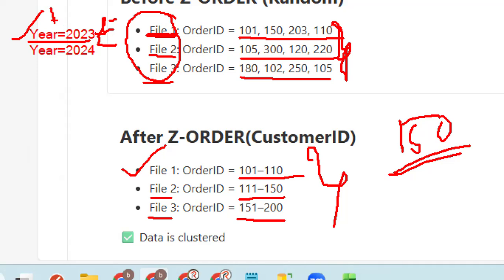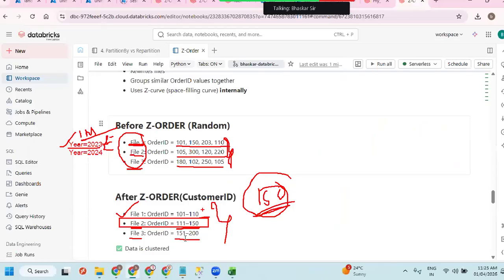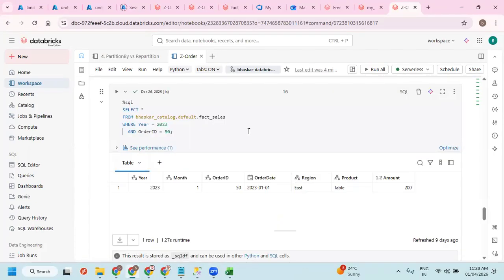Within this partition, just imagine 1 million records are there. Out of 1 million, you have to take only customer ID 150. So instead of reading that entire 1 million, you are going to read the appropriate range of the file, which will be arranged by itself internally. So 150 is available in this range. It will ignore all the files except this range. It will think this is 150, so 150 has a Z-order. We can go to that particular range and read it, because data is clustered here. Okay, you got my point, right?